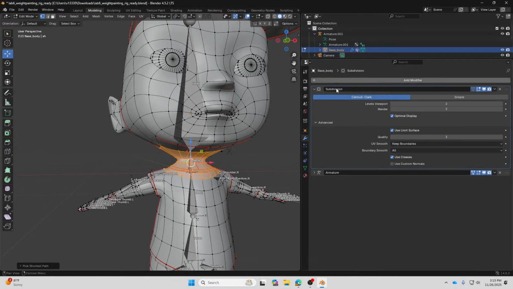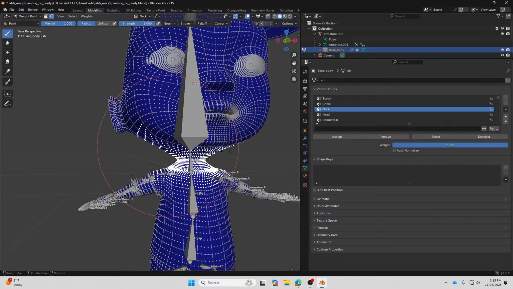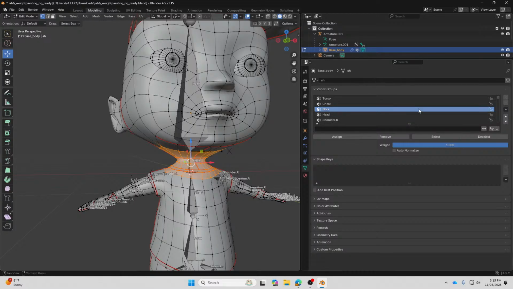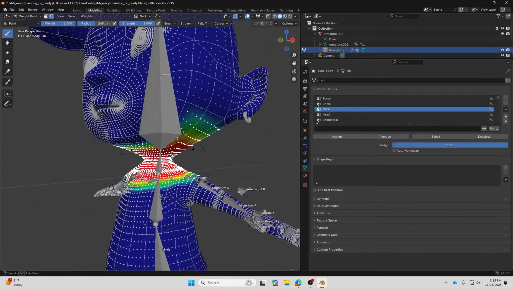And now I can go into vertex group, and then with the value of 1 over here, make sure that the neck is selected. You can either do this in edit mode or you can go back to weight paint mode and turn on this button. It's the same thing. Edit mode, neck over here, and then click on assign. Then if we go back to weight paint, it's going to give you this red color on the neck over here.